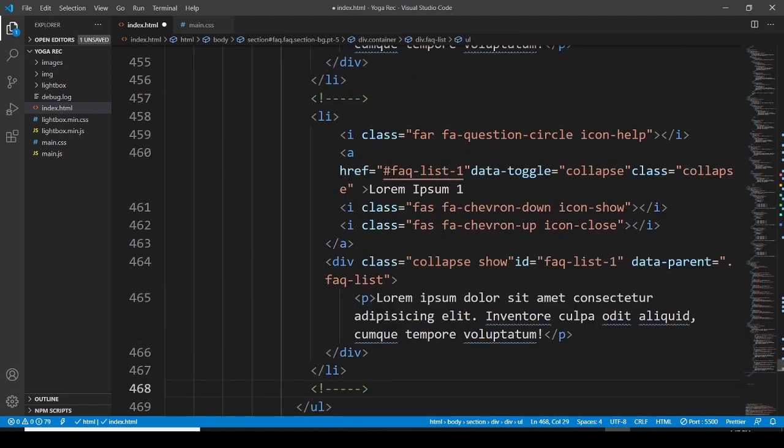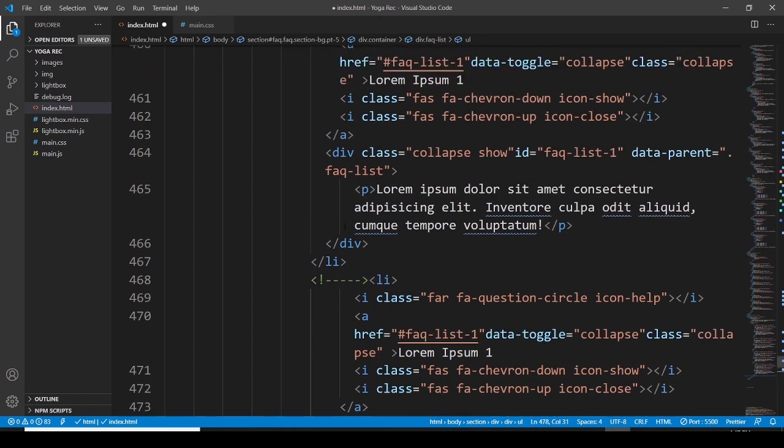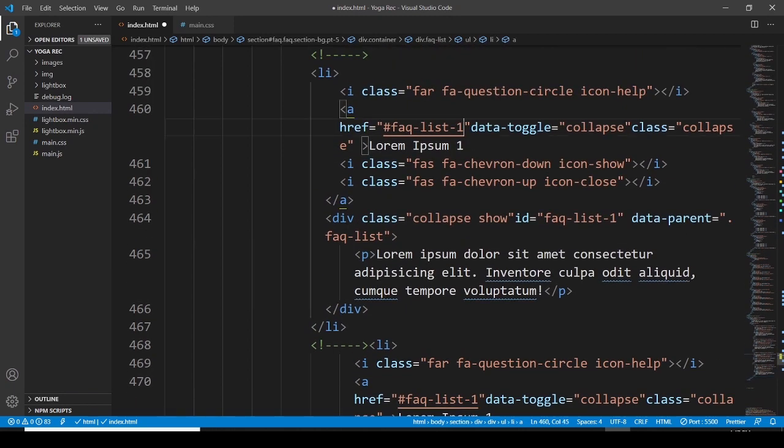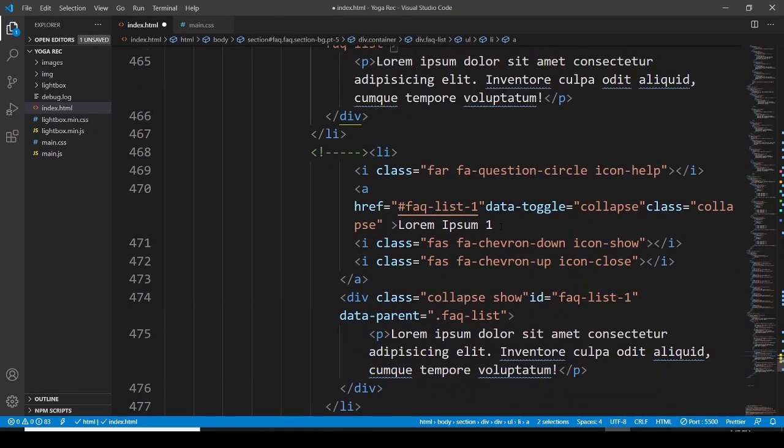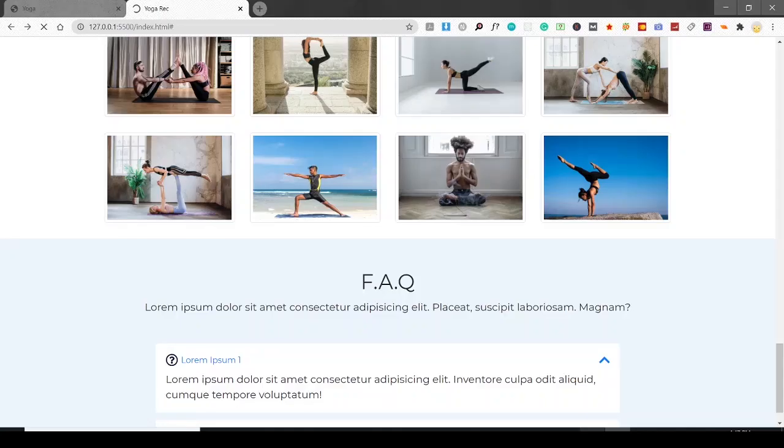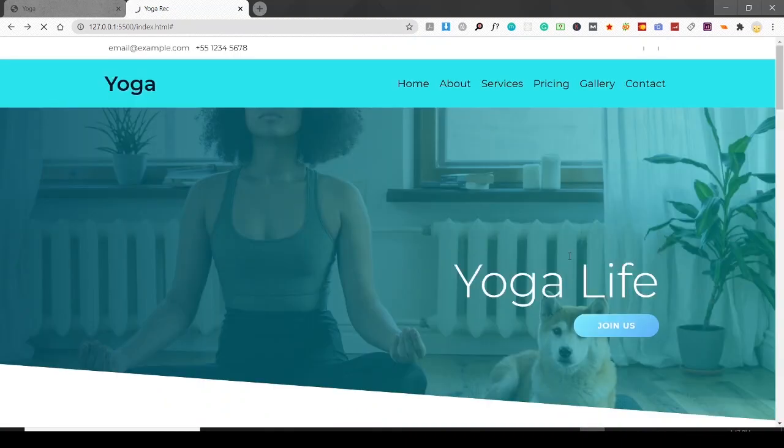Let's have 2 more, and here let's just change the numbers of the IDs. So I'm pressing the Alt key to select together the third one, and here I just want to go with this one, and this one, it is going to be 4th. Let's save it, move on to the browser, and it is working, but it is not showing